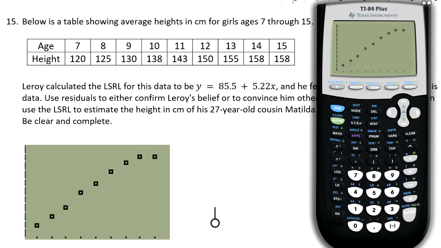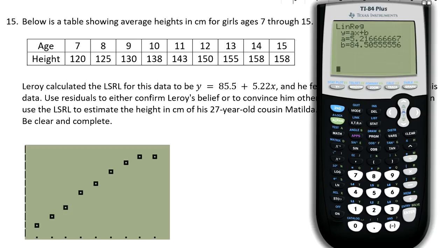So to confirm that, I'd like to look at the residual plot. And to do that, I'm going to go ahead and figure out the least square regression. I'm going to get the line of best fit myself. So I'm hitting stats calc, and then I'm going to press 4 and enter. And I can see that I have exactly what he has,